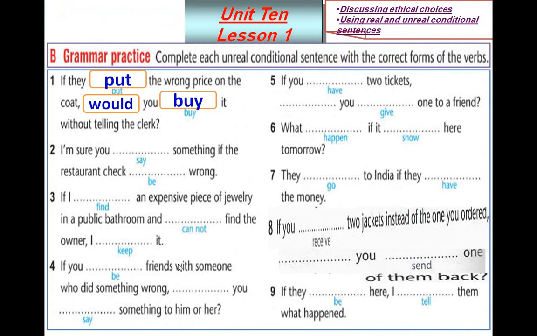Okay, number 2, very good, you'd say something if the restaurant check were wrong. Oh, someone says the restaurant is singular. I told you before we use were with all pronouns, singular nouns or plural nouns, only in the unreal conditional sentences. Number 3, if I, the second form of find, very good, found an expensive piece of jewelry